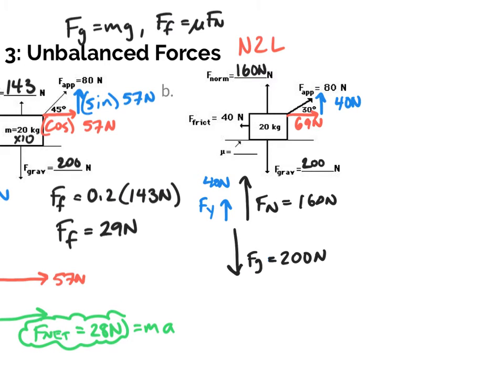Again, looking at the balance or unbalance of forces, it appears that with the normal force, y component, and gravity, those balance up and down. Right and left, I see 69 newtons to the right, 40 newtons to the left. So if I compare right versus left, I would have 69 to the right and 40 newtons due to friction to the left. Therefore, I know that there is going to be a net, unbalanced force of 29 newtons that's pointing to